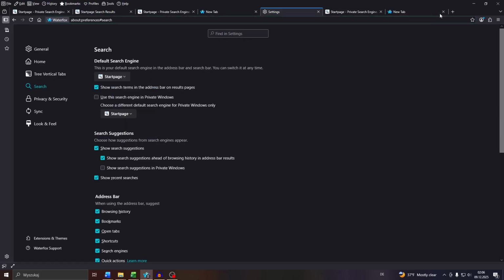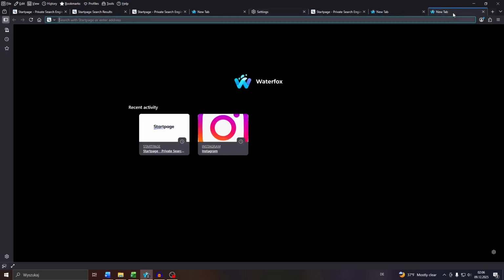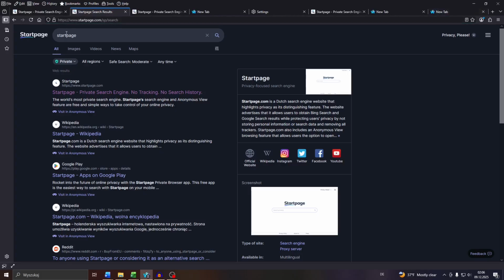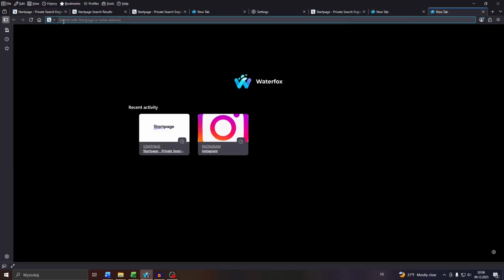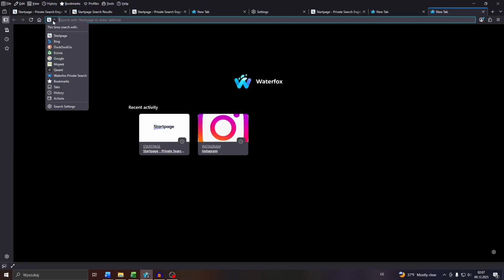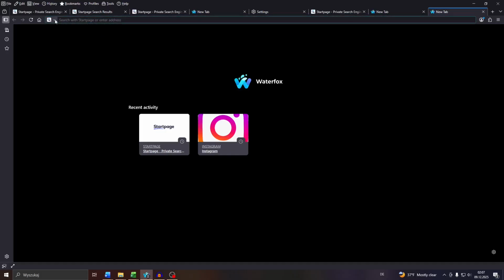And it works the following way, guys. If you, for example, open a new tab, you will see in the top left corner the given search engine next to the URL address. So you don't even have to navigate to the start page of Startpage, but you can use that URL address here at the top while having the given search engine selected. Of course, you can navigate to another search engine by clicking into the drop-down menu and select one of these here. So that's it. Now, if you don't switch to another one, you will automatically use the default search engine,